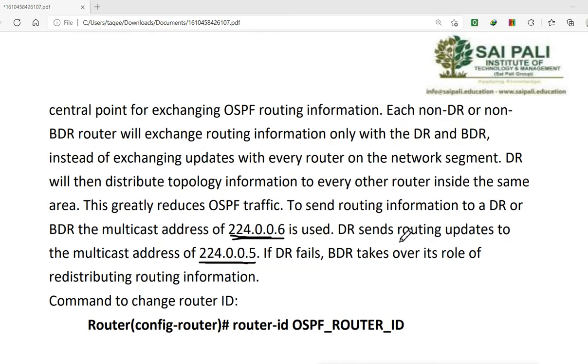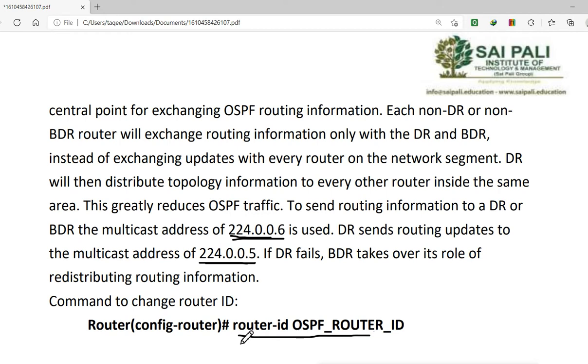Now, if any virtual interface is there, that virtual interface will become the router ID, and this is what we can do for affecting the election or selection of DR and BDR. Now suppose you don't want to create the virtual interface, then you can configure it directly from the configuration of your router OSPF.